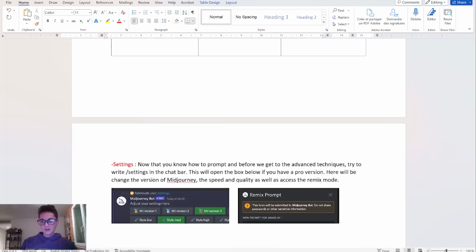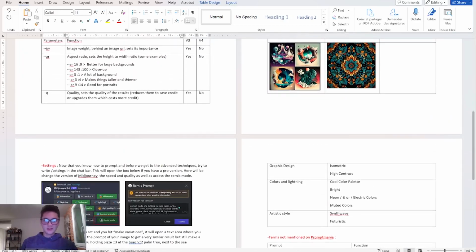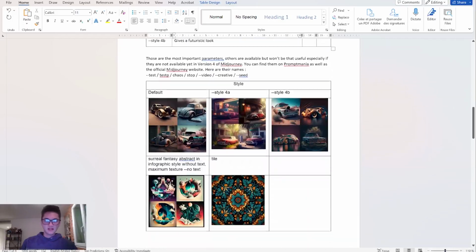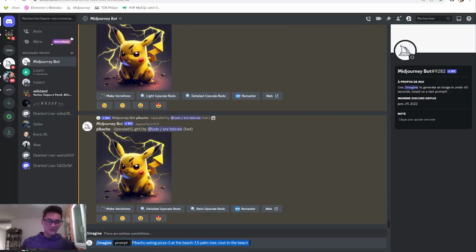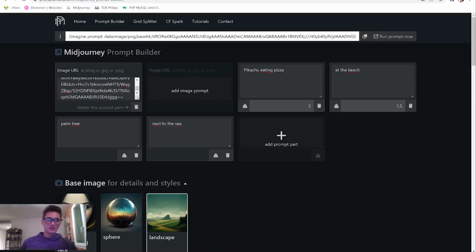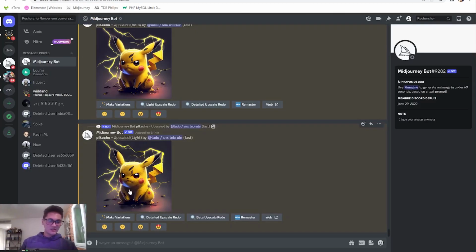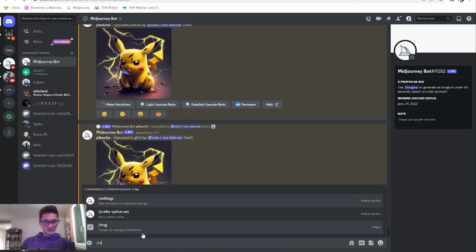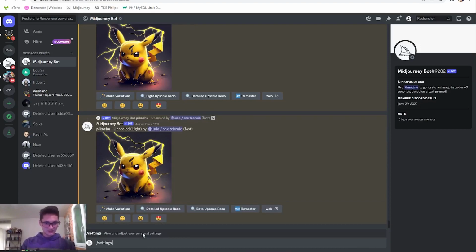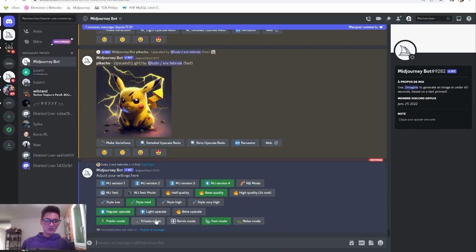So we're gonna see how to remix the Pikachu I made before. I zoomed in a little too much, so I'm just gonna get rid of this because we still have it in our Promptmania. For instance, this Pikachu, I did not want it with lightning, so I can go in settings here, right? And Midjourney will show me a lot of settings. I can go back to version 4, 2, 1. I can go high quality, half quality. I can use the test and the test P, which I mentioned before. I can go with